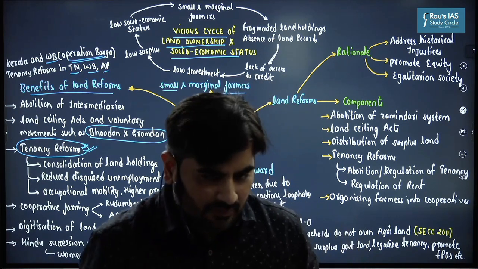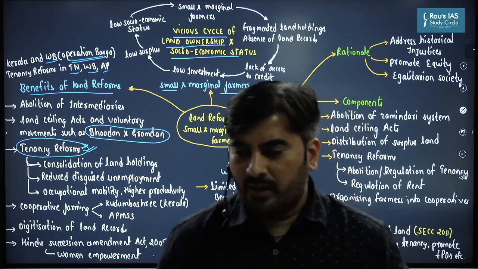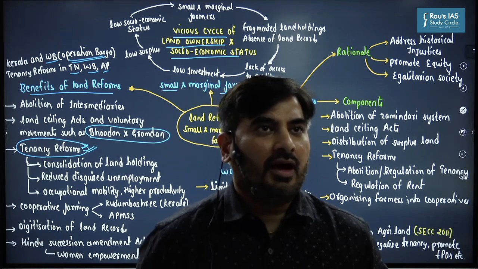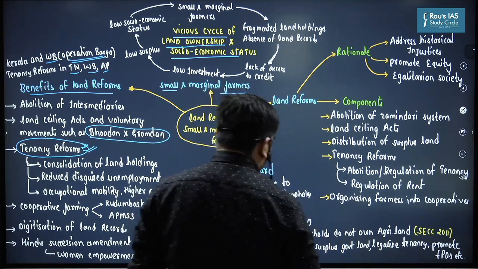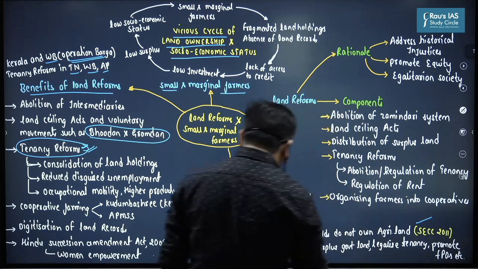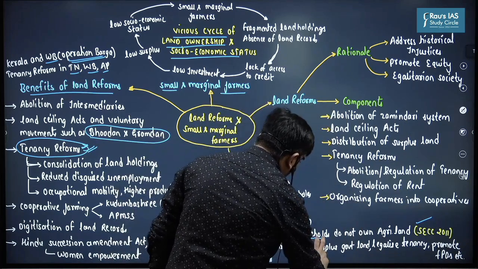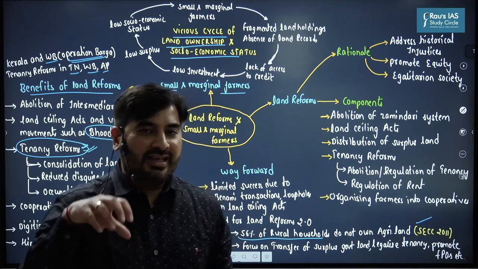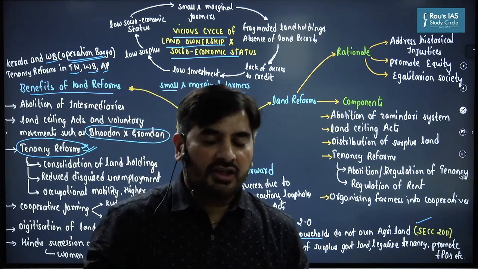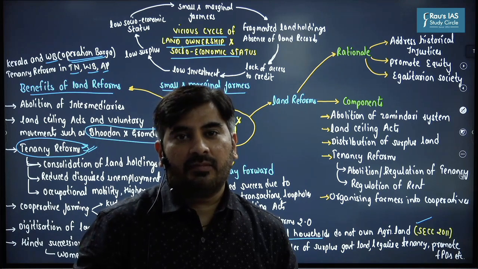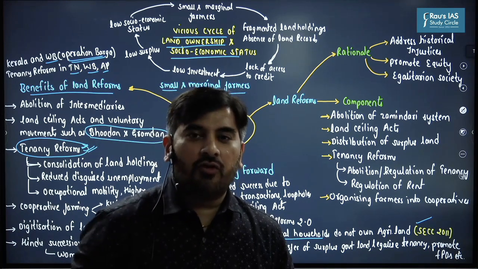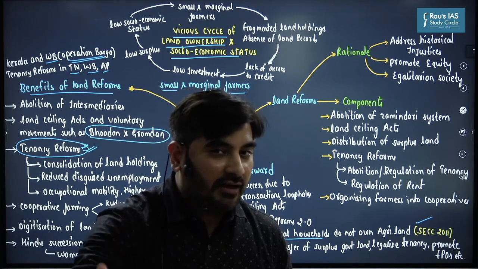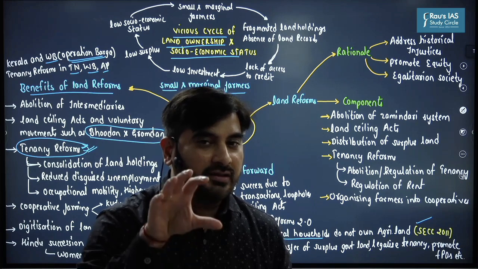And one thing which you could conclude in the answer is, you must have heard about the Socio-Economic Caste Census, SECC. According to the Socio-Economic Caste Census, even today, 56% of the rural households do not own agricultural land, which means even today there is huge inequity in terms of ownership of agricultural land. So we need to focus on what? We need to focus upon land reforms 2.0. As part of land reforms 2.0, we must focus upon these people.